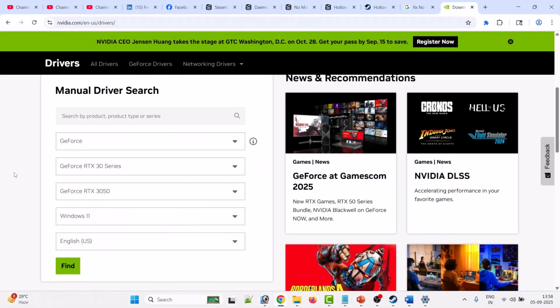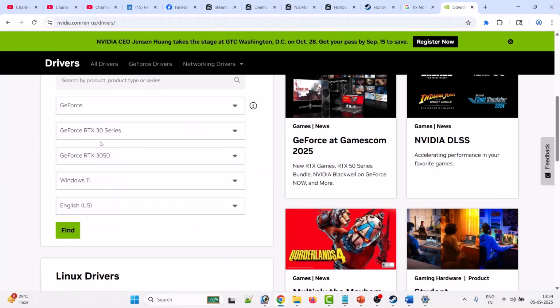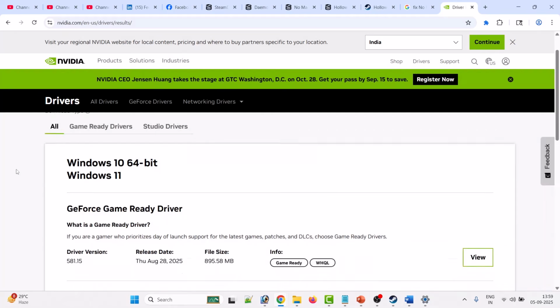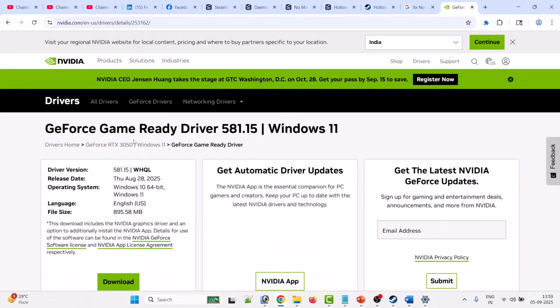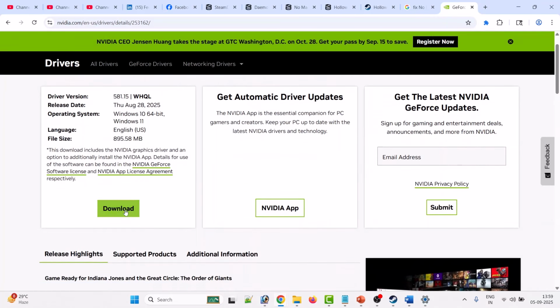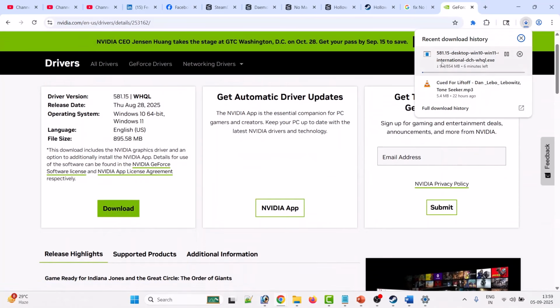And once you are on the NVIDIA website, you have to select your version of graphic card driver from here and then select Windows operating system, then click on find. Now the latest version will be on the top, so click on this view and then click on download. And once this exe file gets downloaded, then